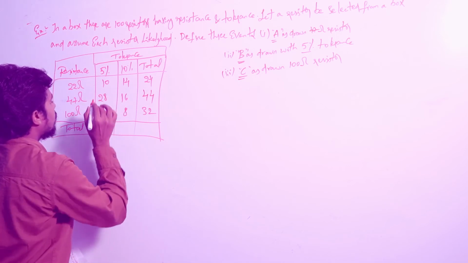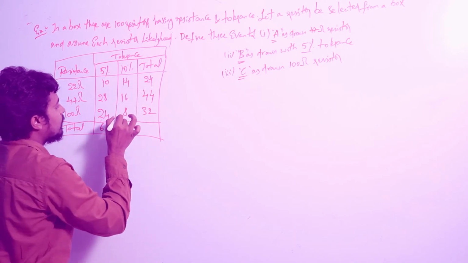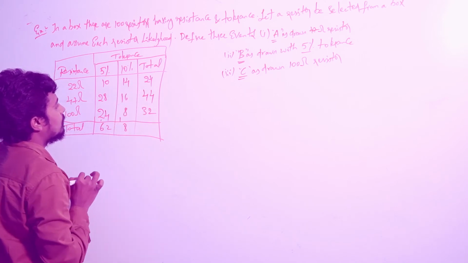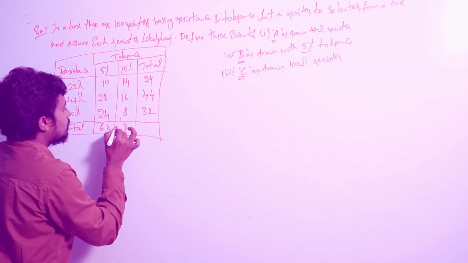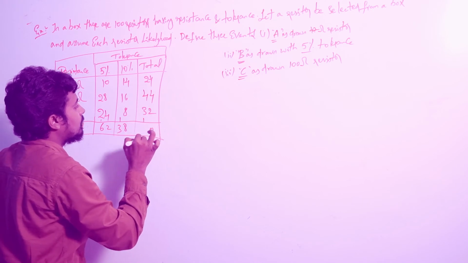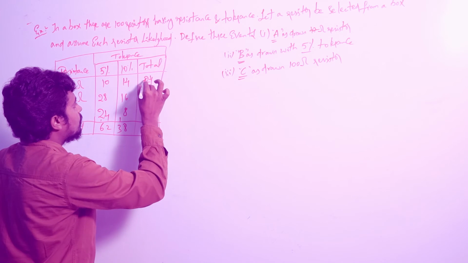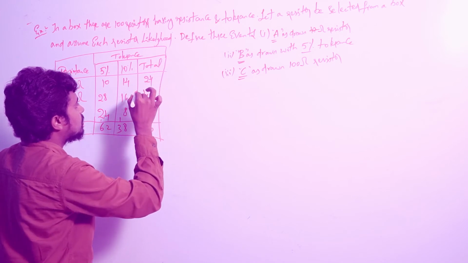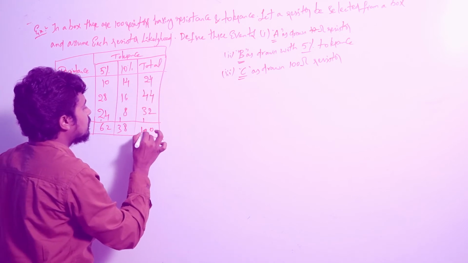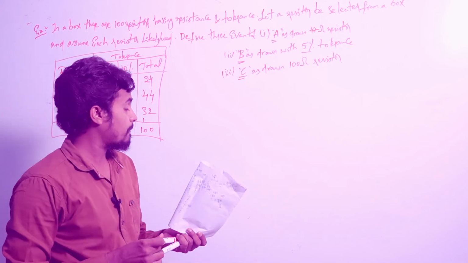2, 2, 4, 5, 6. What will happen here? 10, 18. Next, 1, 2, 3. This will be the total. Here, 8, 10. Here, 4, 6, 9, 10. 100. In this question, you have to